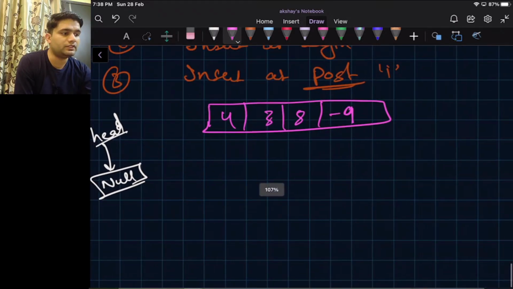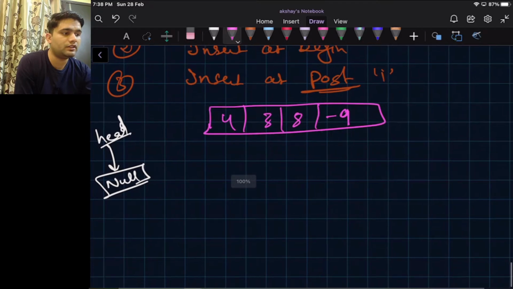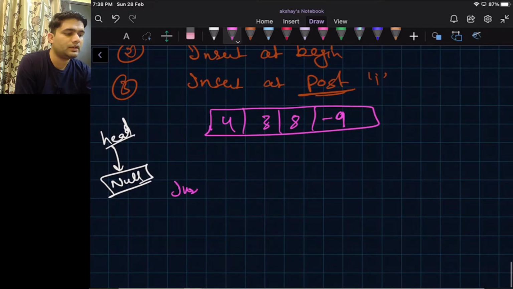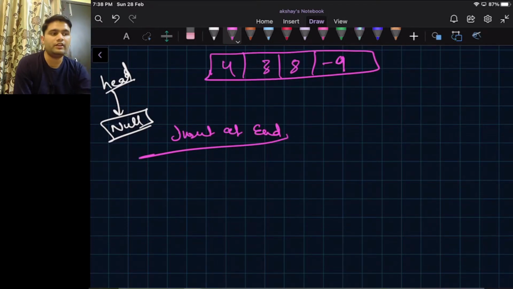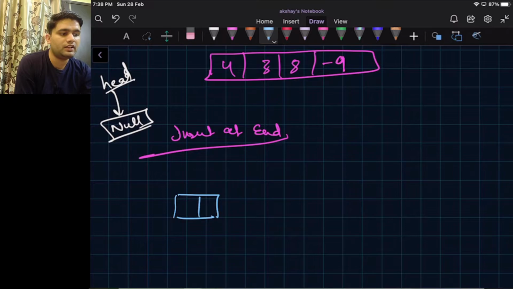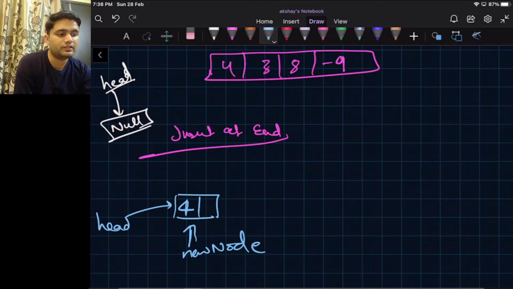So this is insert at end. Initially our head is pointing to nowhere, it is pointing to null. In this case what we can do is simply create our new node. This is a new node, and we can make this the head of the linked list.